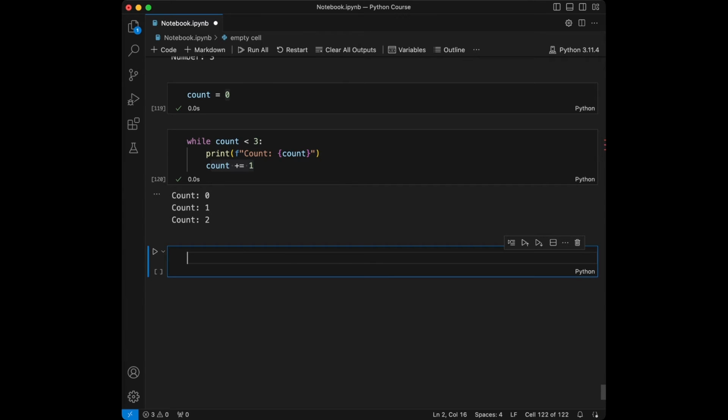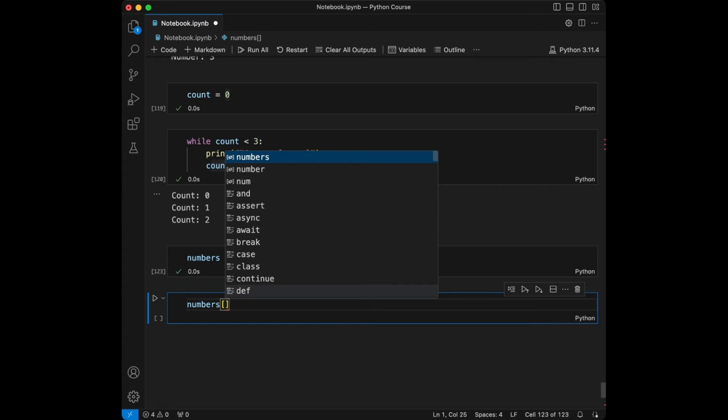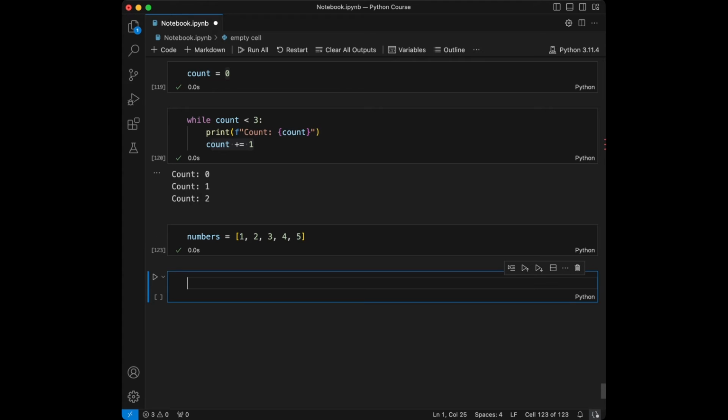Okay, let's give the same example, like create the list numbers, and we can say 1, 2, 3, 4, and 5. We have 5 elements in it, and if we want to reach them, we can say numbers and bracket. Let's say we want to reach the first one, we can just say 0, and we can get the 1 because our first index is 0. Great. So we will cover lists later on, and we have the numbers list. You can check the type of numbers and you will get list. Okay, let's talk about break and